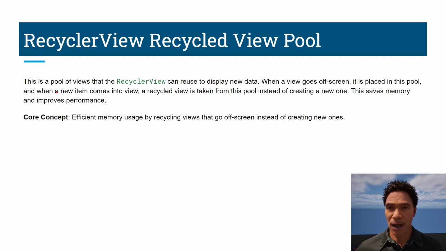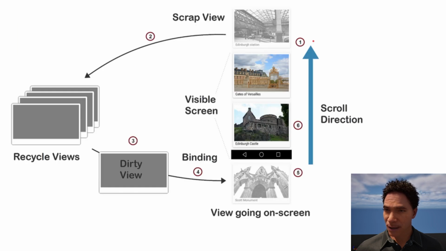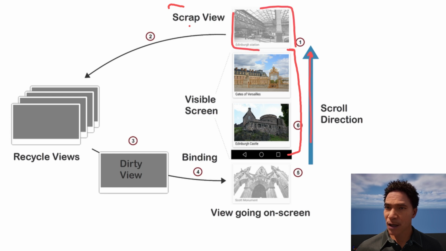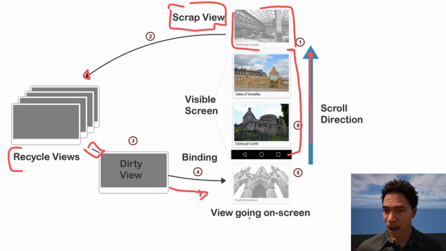RecyclerView pool is a pool of views that the RecyclerView can reuse to display data. Okay, here we can see an example of an application. Here is the visible mobile display, and when you scroll, the view that went out of the screen is a scrap view, and it will be added to an array to recycle views. It will convert into a dirty view and then be recycled, and it will go again to the screen to improve